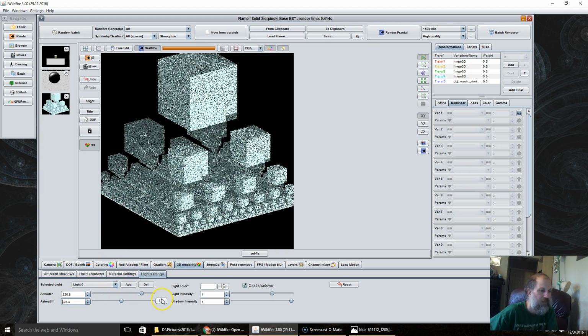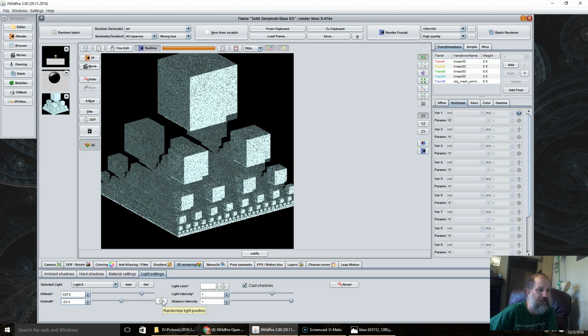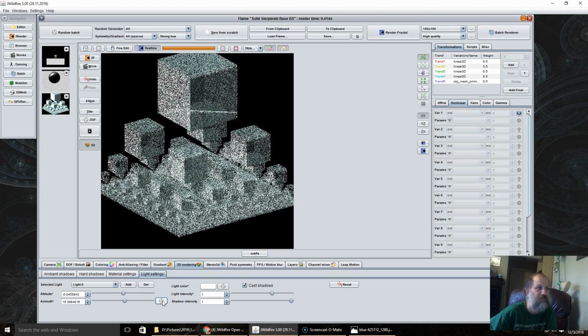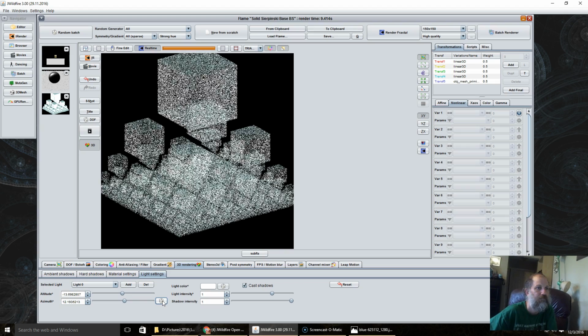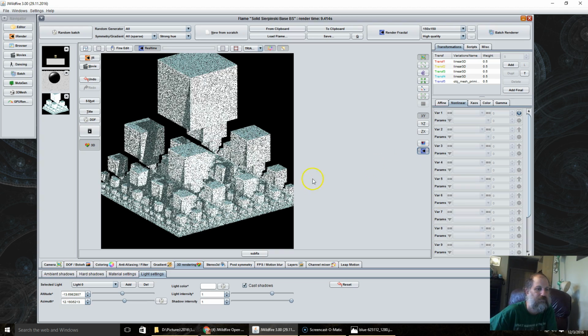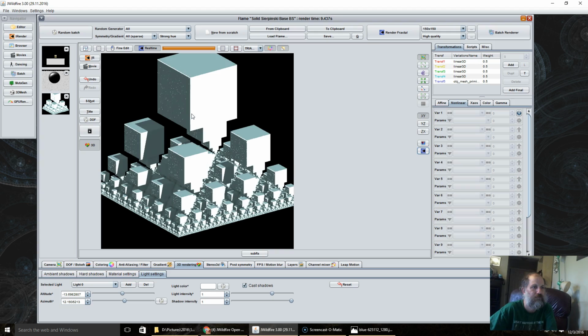Or you can always just hit this button here, which randomizes the light settings, or the position of the lights. Like so. Okay, so that is about all I have to say about using the light settings